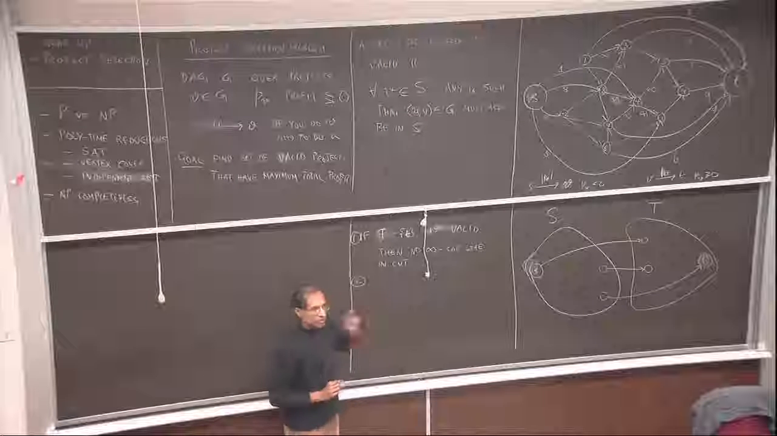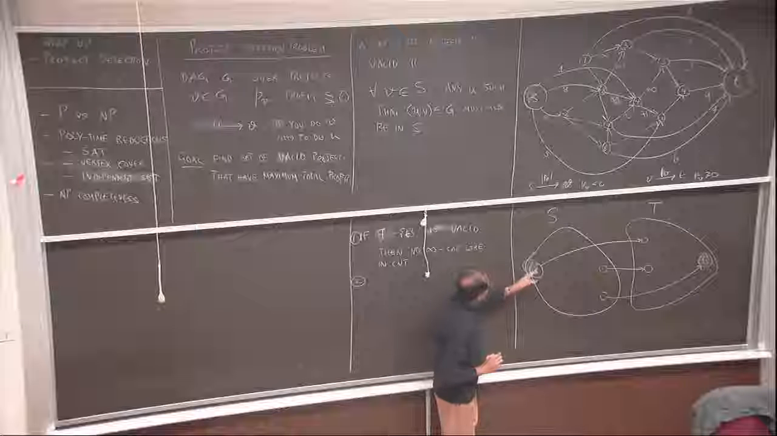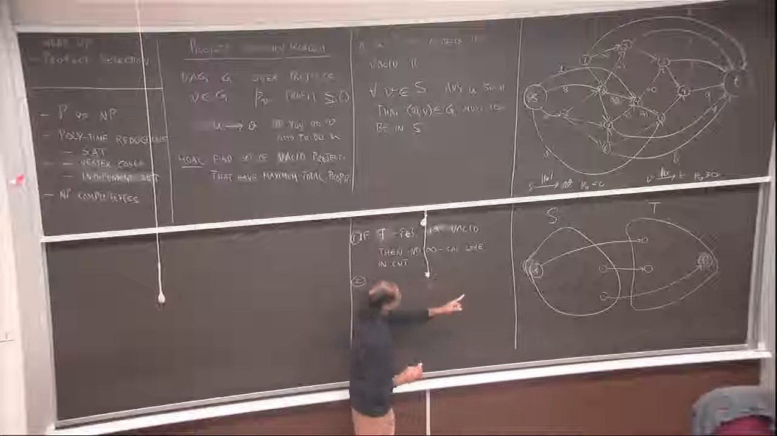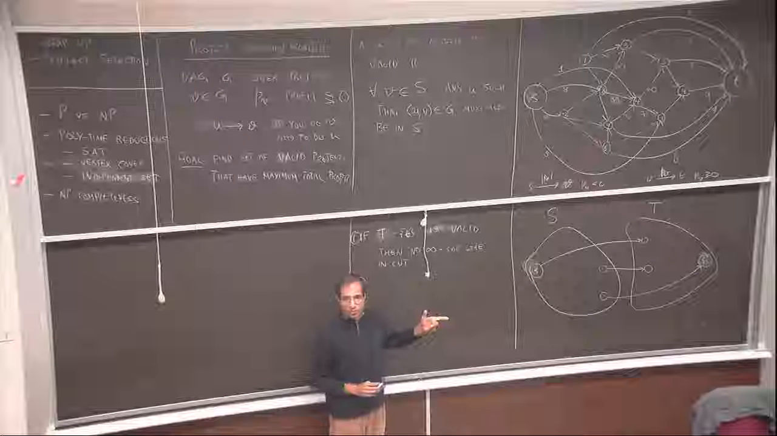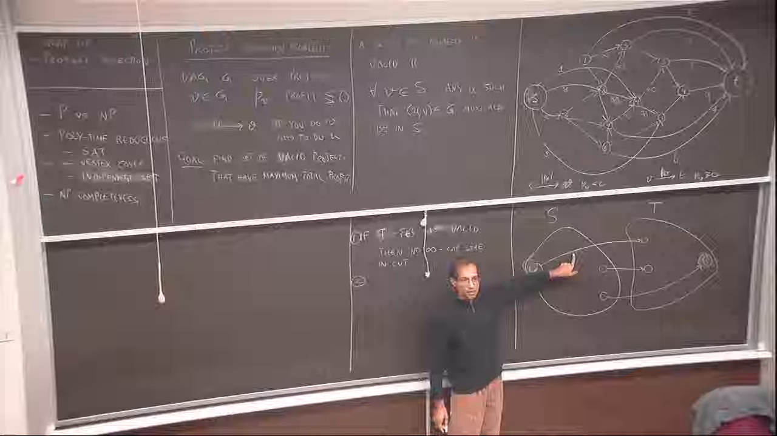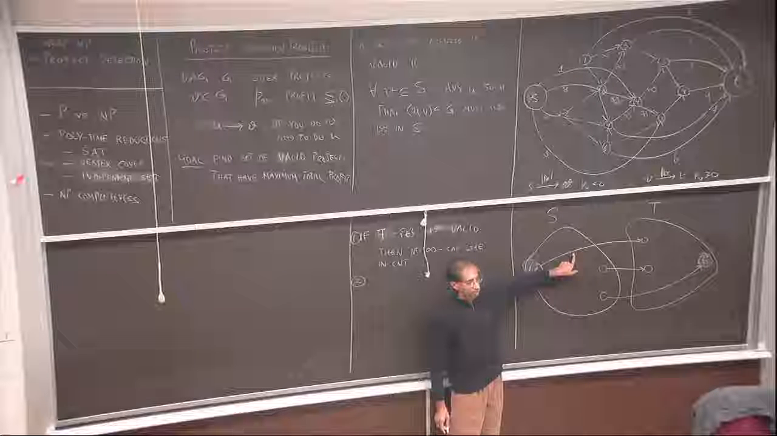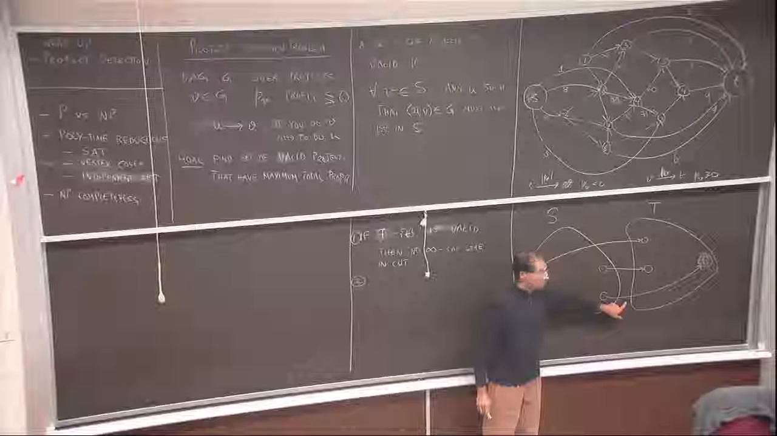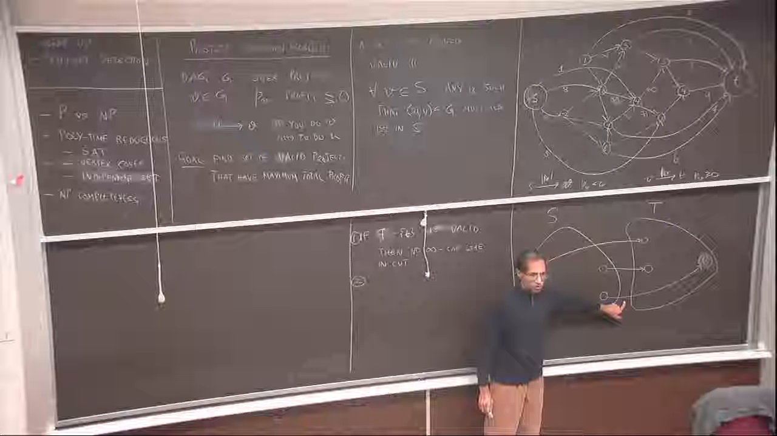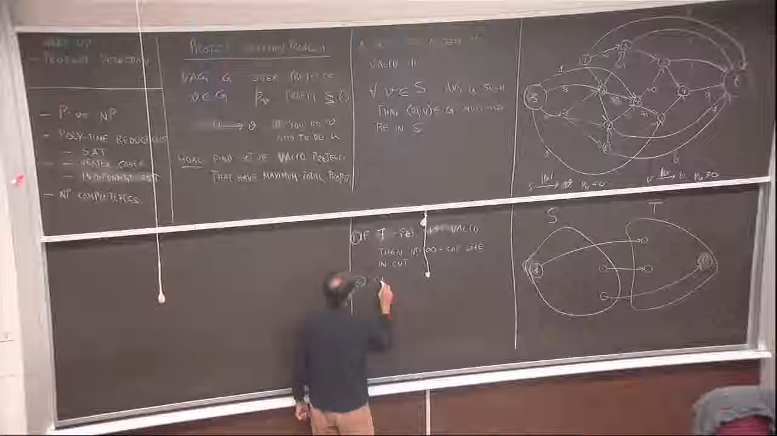What is the capacity of this cut? Well, the capacity of this cut, we have to add two kinds of edges, right? What are the two kinds of edges? These are the edges corresponding to the negative profit. These are the edges corresponding to the positive profit. Okay? So the capacity of the cut,